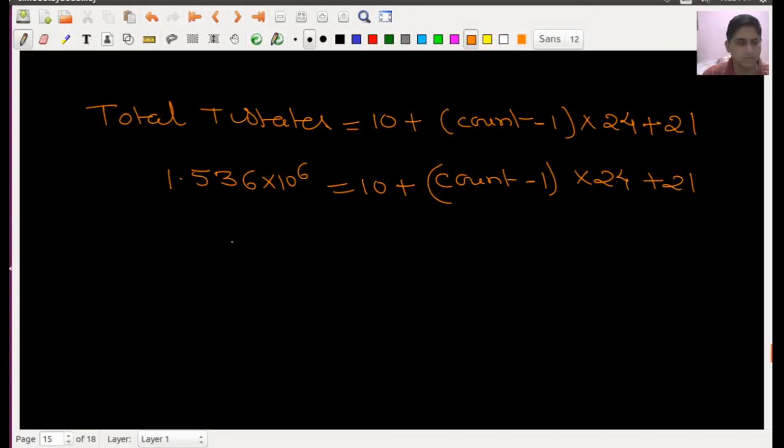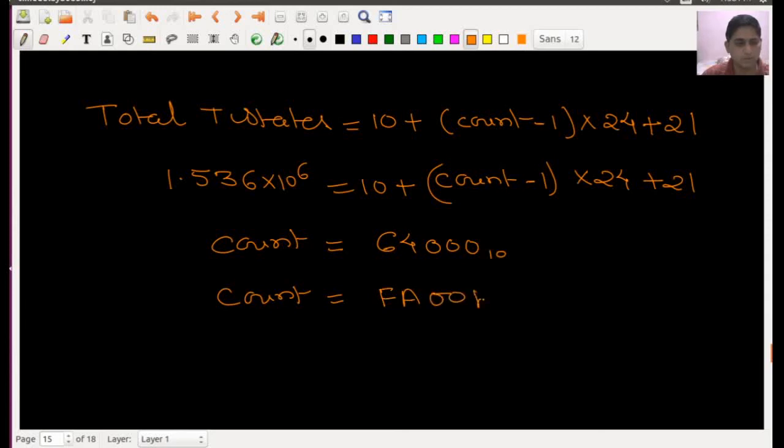So it will give the count value as 64000, so my count value will become FA00H.